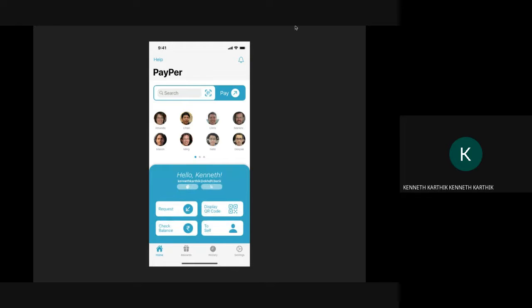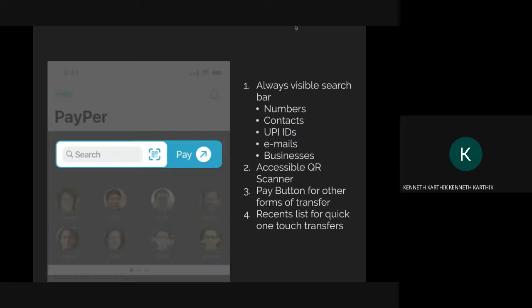So we kept a card which had a very warm welcome to personalize the experience. Your UPI ID is front and center. You can copy it to share it with other people, and you can switch accounts. And there were just 4 simple tools which were core functionality for what you would want to do. I'll talk about these sections in detail now.